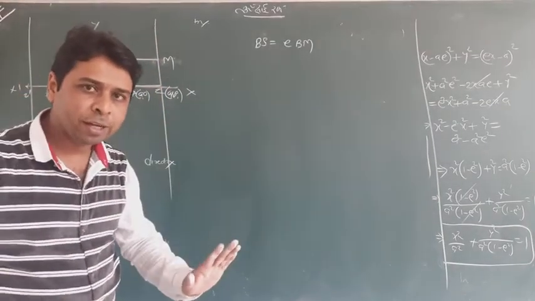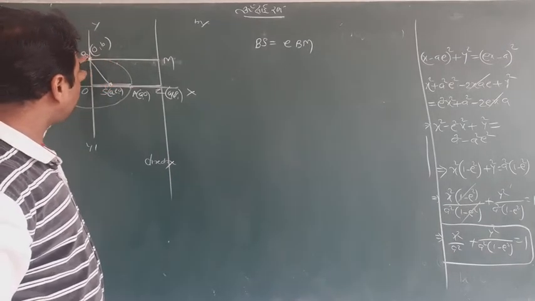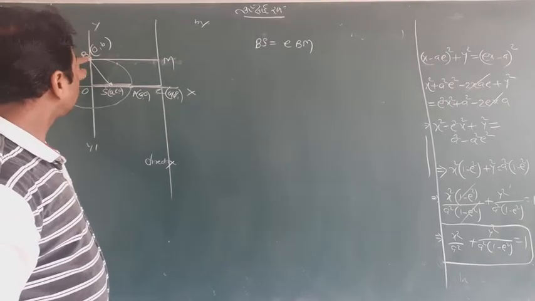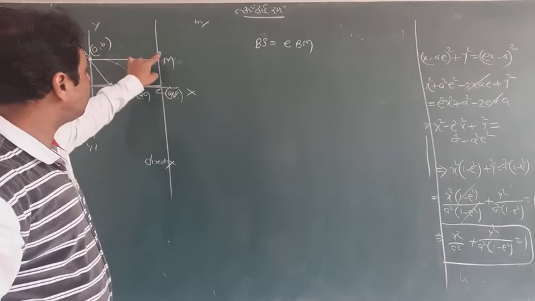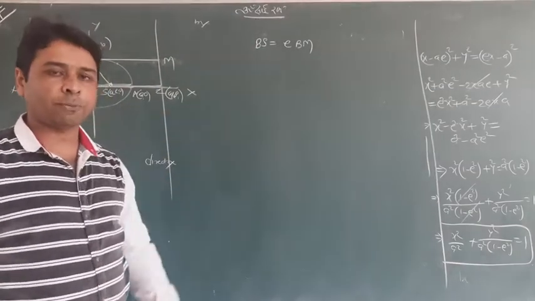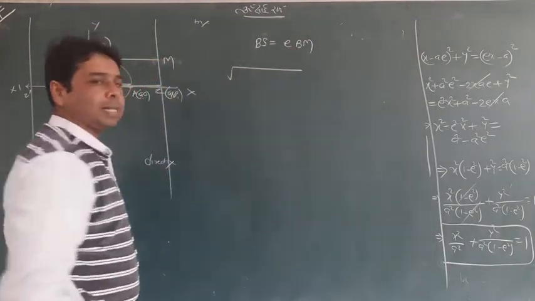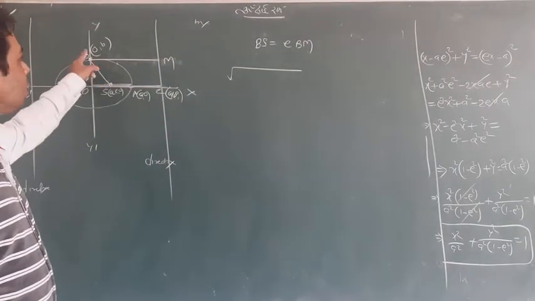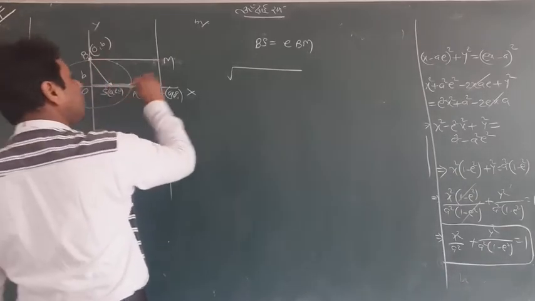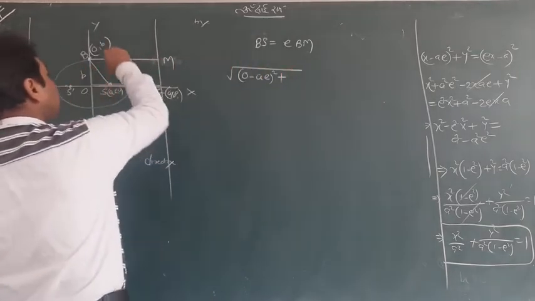Hope you are getting that P is a moving point. If the point comes here and coincides with B, the definition PS equal to EPM can be written as BS equal to EBM. So I just want to follow that for a while. What do you think about BS equal to EBM? Tell me. BS, that distance, between 0b and AE. You can find the distance with the distance formula: 0 minus AE, square, and B minus 0, square.